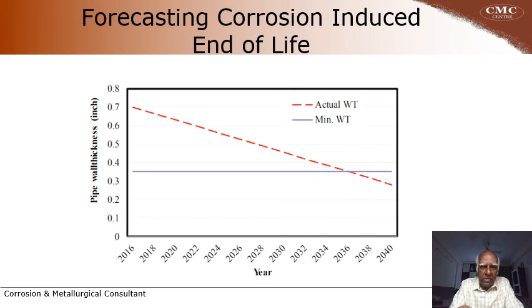The whole purpose of corrosion monitoring is to determine the end of life of each and every equipment. Initially, the designers give very high extra thickness as compared to this minimum required, this is the actual one. But over a period of time, corrosion happens and thickness reduces and it reaches a point where it has reached the minimum thickness. Any operation beyond this point is very dangerous. So we should retire the equipment somewhere here when there is sufficient thickness. This is the most important result out of this exercise of corrosion testing.